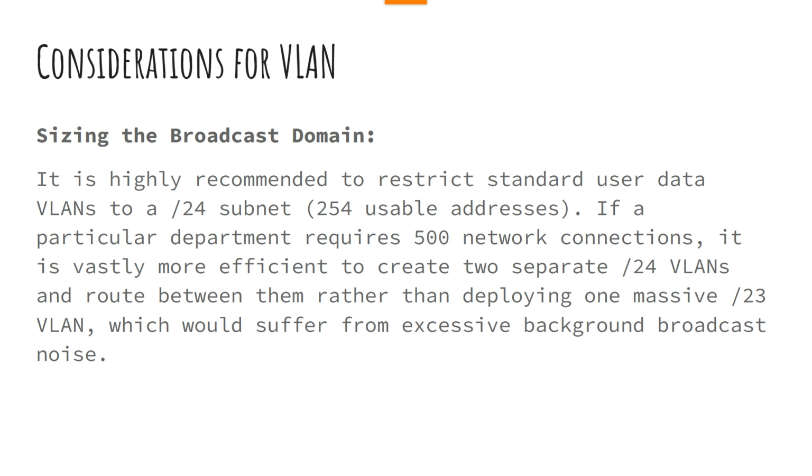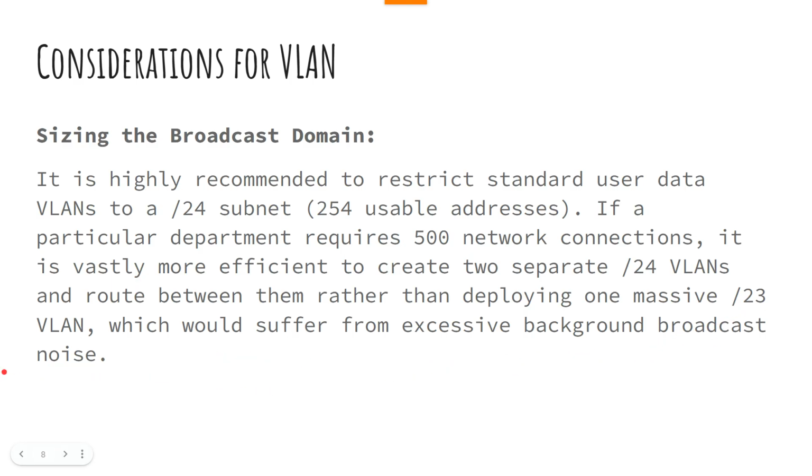Try to restrict to 254. If a particular department has more than 254 addresses, let's say for example 500 network connections, it is more efficient to create two separate VLANs and establish a route between them, rather than deploying one massive VLAN which would suffer